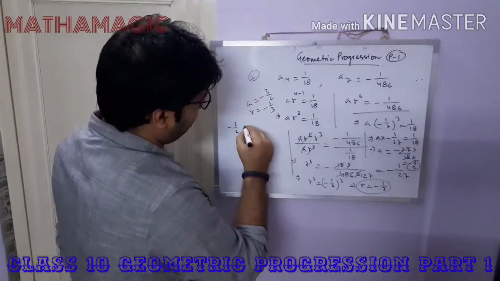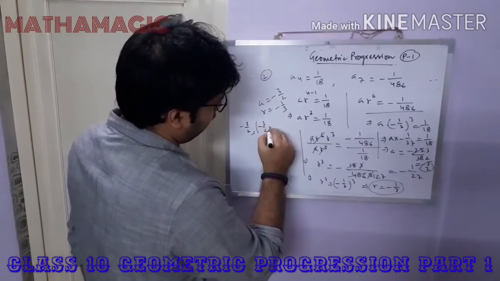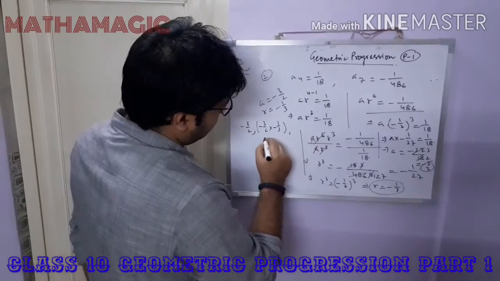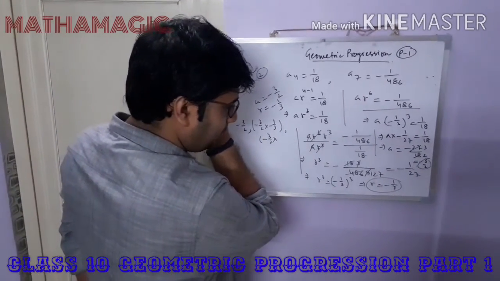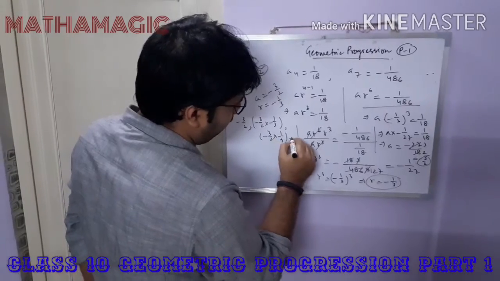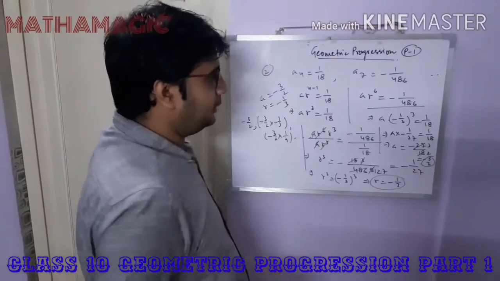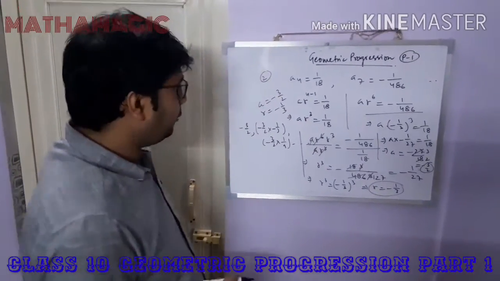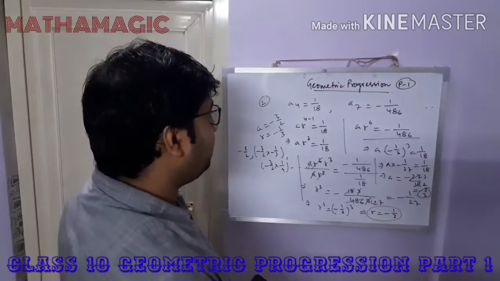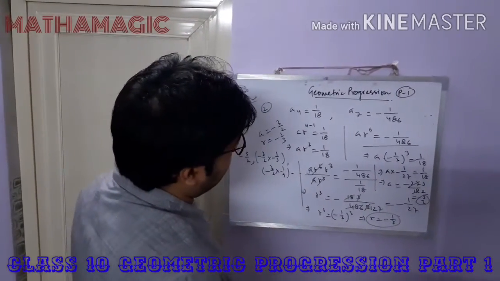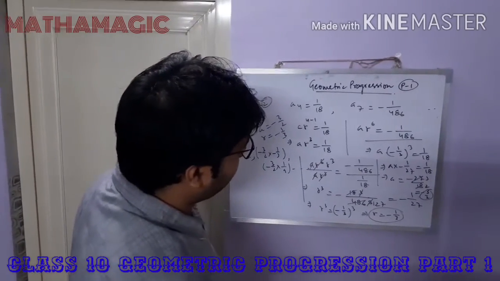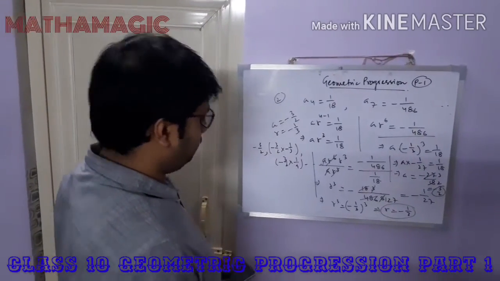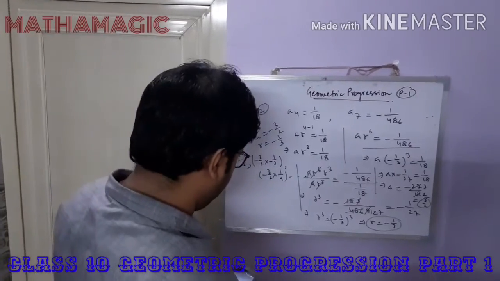So we need to multiply these two, that is minus 3 by 2 into minus 1 by 3. For the third term, minus 3 by 2 into minus 1 by 3 whole square, that is 1 by 9. This is how it will go on. So you can do the calculation and find the series. This is how we can find the geometric series if these two terms are given like this. So please note it down so that if you find this kind of problem, it will be easier for you to understand and to solve.